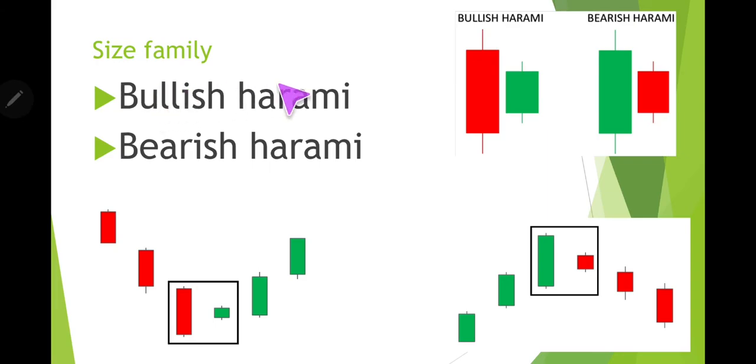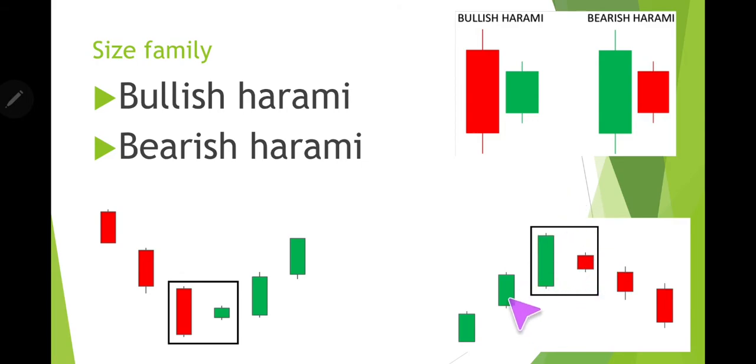The bullish harami and the bearish harami is the opposite of the bullish engulfing and bearish engulfing, because you'll find that towards the end of a downtrend, you'll get one small candle which is being engulfed by the previous candle. So if it is being engulfed by the previous candle, we said that candle is in a harami position, or it's an inside bar or an inside candle. This is a strong reversal signal to the upside. And then